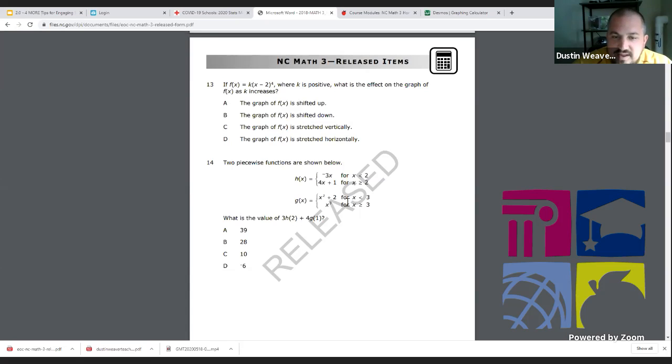Now let's go to g of 1. For g of 1, 1 is less than 3, so we're going to use this top equation. So 1 squared plus 2. What is 1 squared plus 2? That's 3, right? And we want to take 3 and multiply it by 4. So 4 times 3 is going to give me